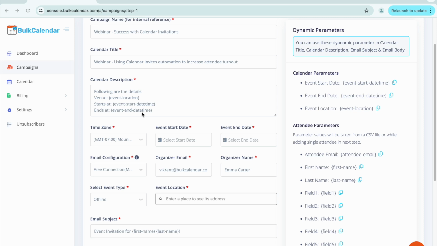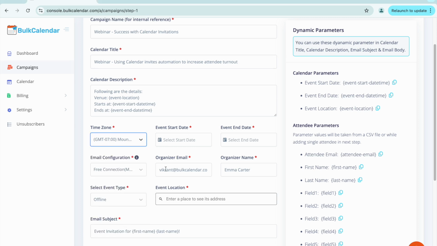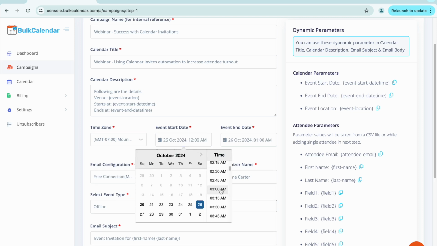You can also add other dynamic parameters listed on the right side of this form to further personalize the invite for each attendee. Select the time zone. By default, it will show the same time zone as you have specified in your profile. Select the event start and end date as you want by clicking on the On field like this, and choose